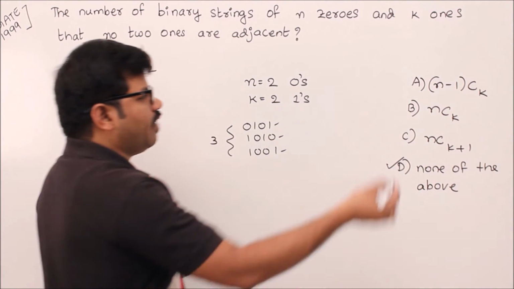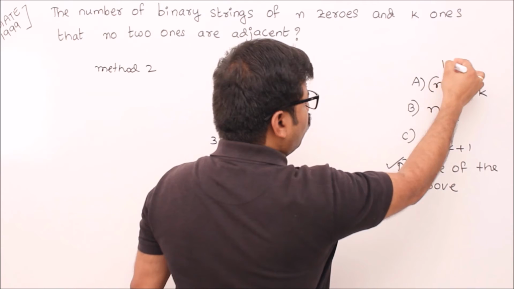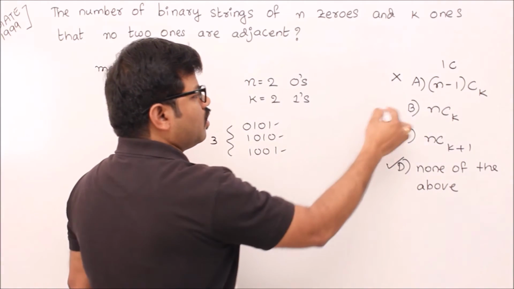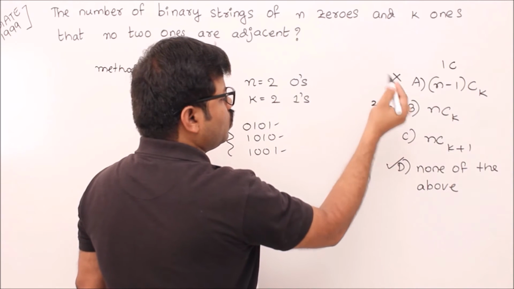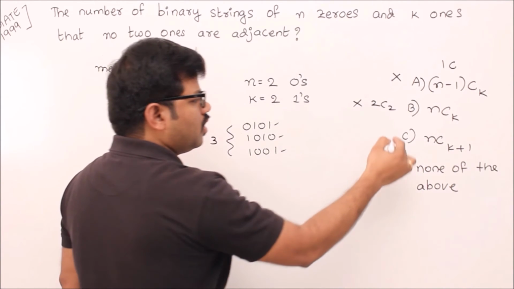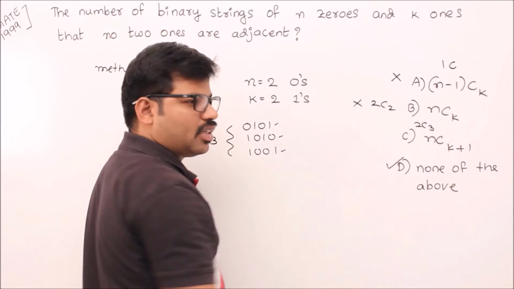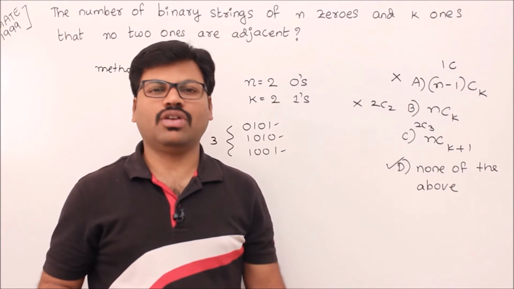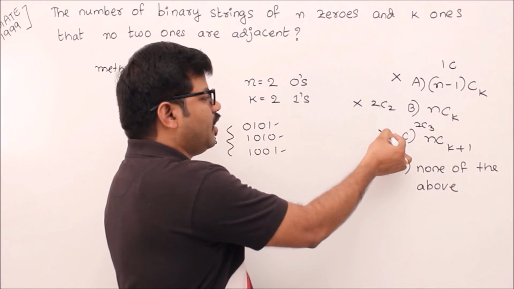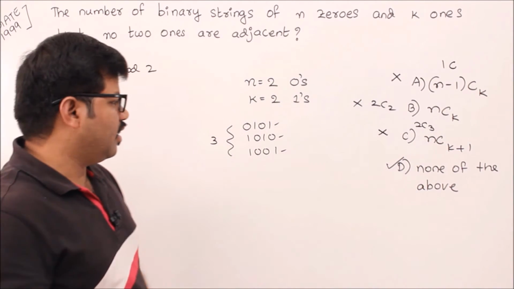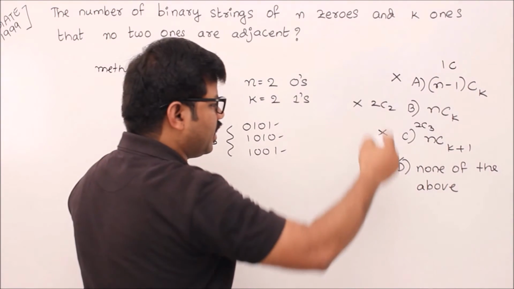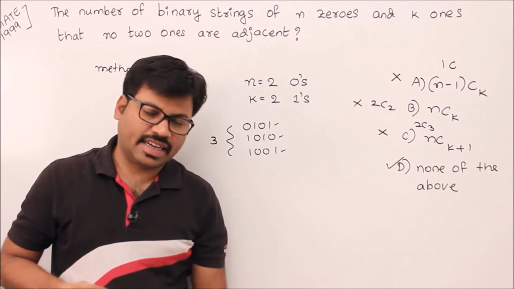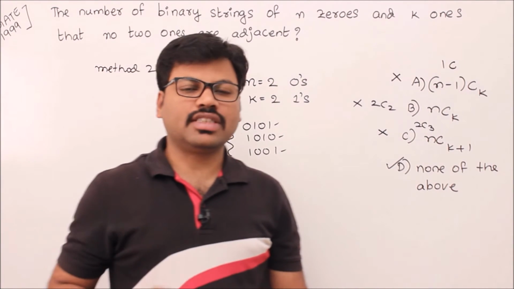Let's try. N value 2, right? 2 minus 1 is 1. 1C something cannot be 3. Wrong option. So this is 2C2. 2C2 cannot be 3. Wrong option. This is 2C3. Absolutely wrong, because 2C3 means selecting 3 from 2. Is it possible? No. Then it is wrong. We need 3, right? So no option is matching directly. Option D, none of the above. In that way you can answer this kind of question very quickly using substitution.